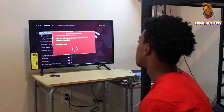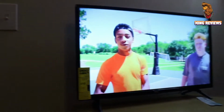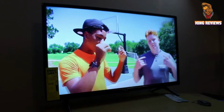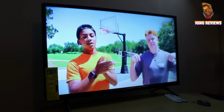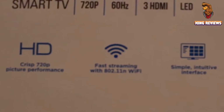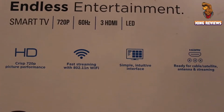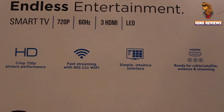Now, after tinkering with the TV for a little bit, as well as watching some YouTube videos, I gotta say, for this being a 720p panel, it really isn't that bad. Color accuracy is good, but on the box it actually says a so-called crisp. I think that's kind of pushing it a little bit. It's definitely decent, but this isn't really a TV that you would maybe want to be up close gaming